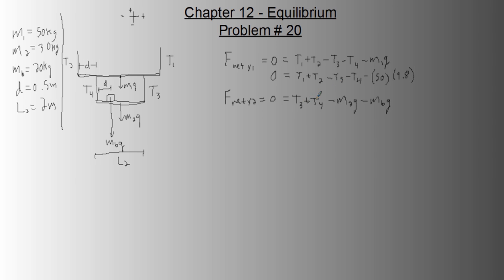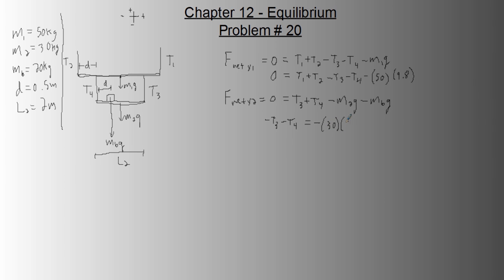I can see that this might be a good substitution to get, because I'm looking for T1, so somehow I've got to get rid of T3 and T4. This might be a good way to do it. So just to keep these the same, these are both negative, I'm going to make these both negative just for the fun of it. So I'm going to subtract these over. This becomes negative T3 minus T4, and that's going to equal negative, so we know M2, that's 30